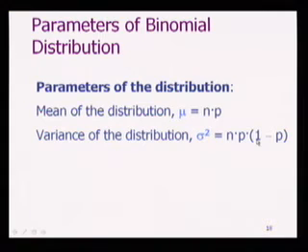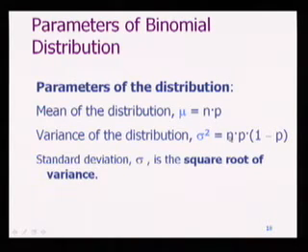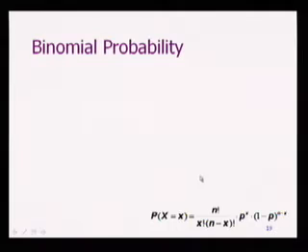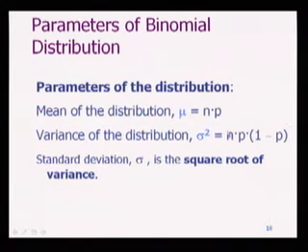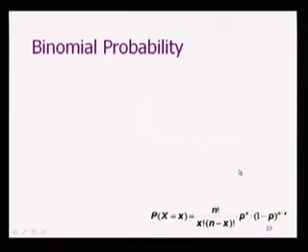Okay, that's the power of mathematics, in fact, right? You use a mathematical function now to describe a probability distribution. Because of that, you can make life easier, right? When you calculate mean and variance, it's much easier. Of course, the standard deviation will be the square root of variance. So standard deviation will be just taking the square root of this, right? Sigma will be the square root of this. Okay, so let's look at an example, right?